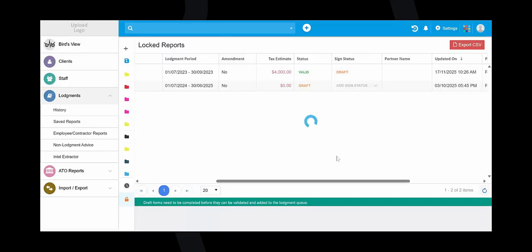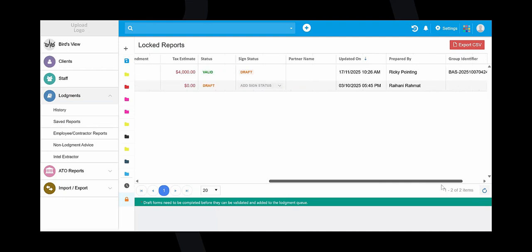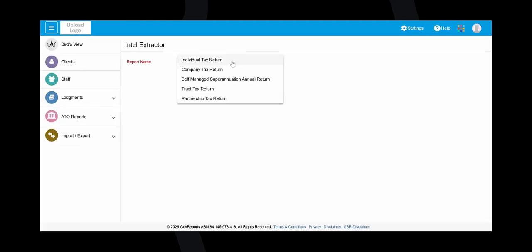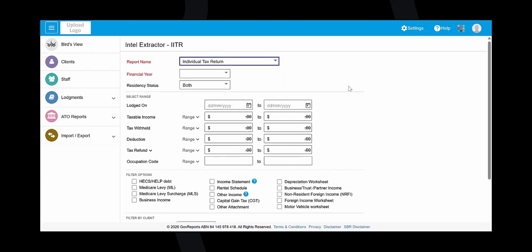Okay. Notice the timing. So we're going to very quickly go to the Intel Extractor. Once you use the system for lodgement, in subsequent years you can go into the Intel Extractor and filter your clients based on criteria, for example, if the government is going to change the capital gains tax on properties. I'm not saying it will, but if it does happen and you want to go to all those clients that you've lodged tax returns for with